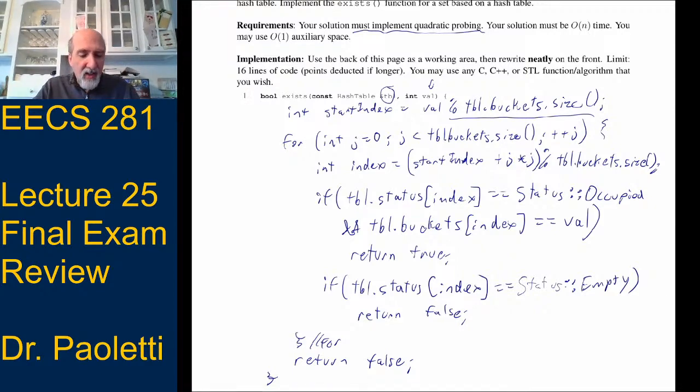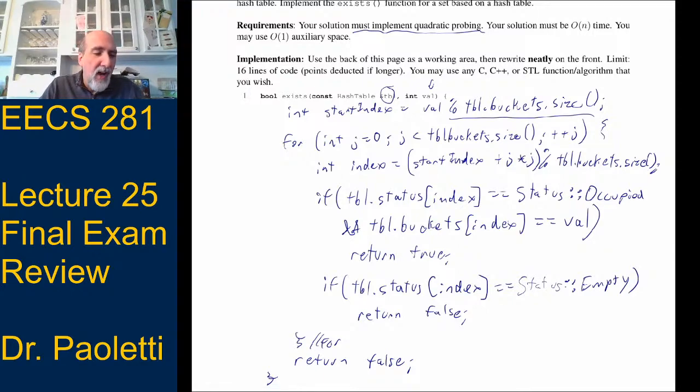In any solution like this, there's rubric items for doing things right. There's a rubric item like, did you properly check if it was what you were looking for? If you didn't check occupied and just checked the value, you might lose a couple points. If you leave off the check for empty, you'd lose a couple points.